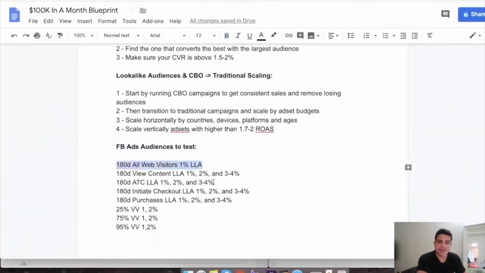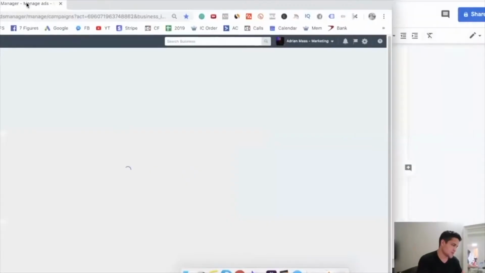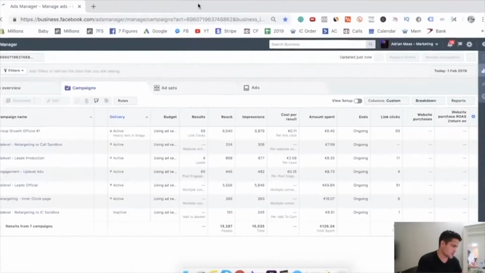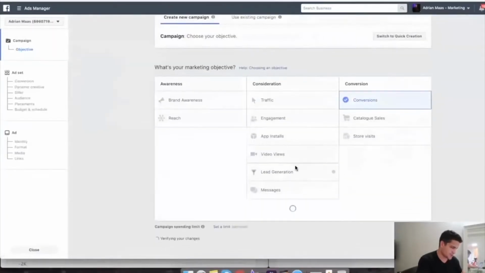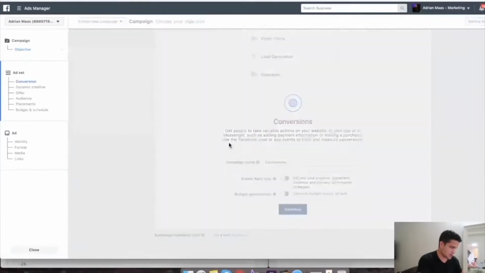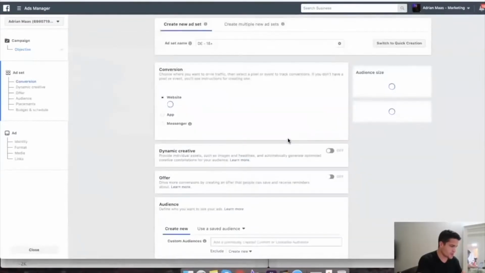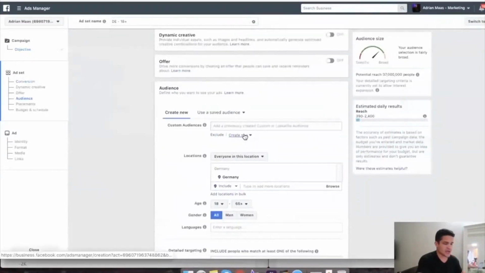180 days all web visitors, 1% lookalike. 180 days view content lookalike, 1%, 2%, 3 to 4%. And the way you do that, if you want to know how to create lookalike audiences, you just go onto your Facebook Ads Manager, and I'm just going to do it here. So you create a new campaign, conversions, create a new conversion, and then you click on the create new, and